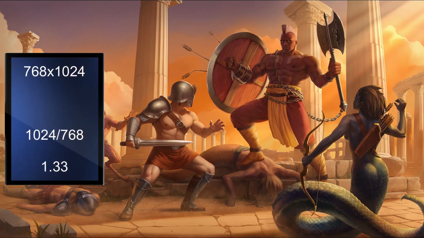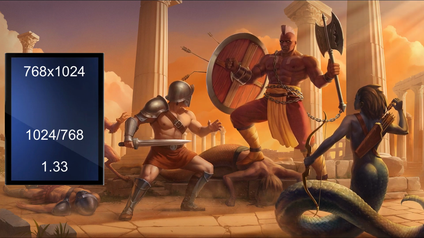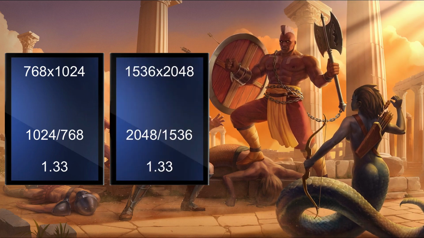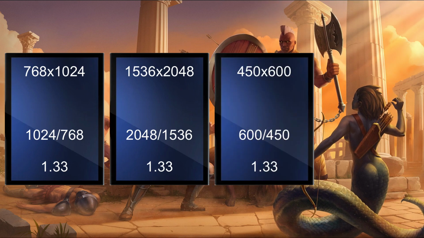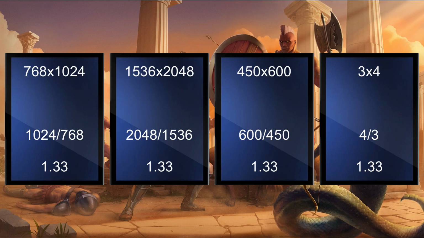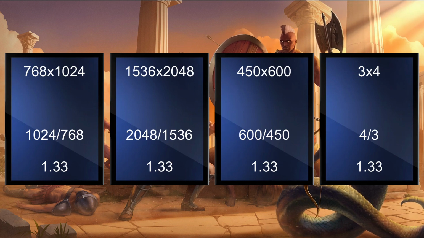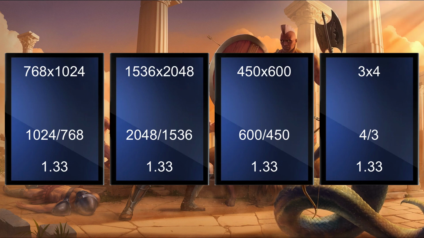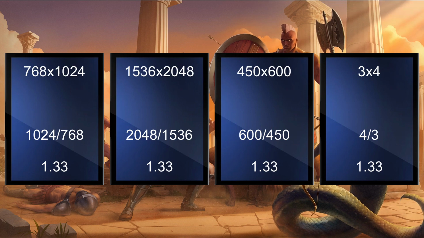iPad is the shortest portrait mode device I know of, with a vertical aspect ratio of 1024 over 768. That's the same as 2048 over 1536, which is the same as 600 over 450, which is the same as 4 over 3. They all work out to be 1.33. We can choose any of these widths to be our reference width for our calculations. 3, 450, 768, or 1536. I'll pick